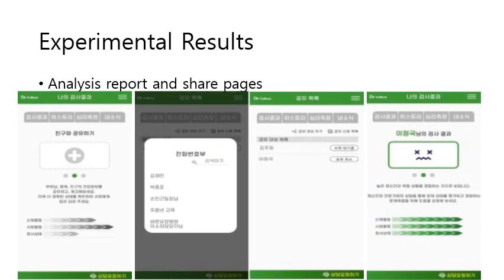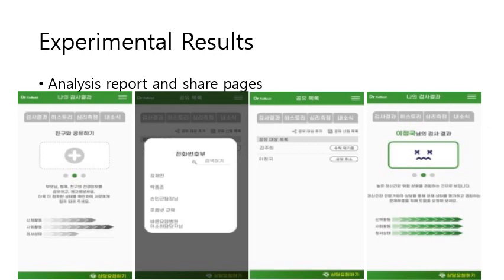This slide shows the analysis report and sharing information pages. If you want to check the health status of your parents or some other related persons at a distance, then you can use the information sharing service in our application.